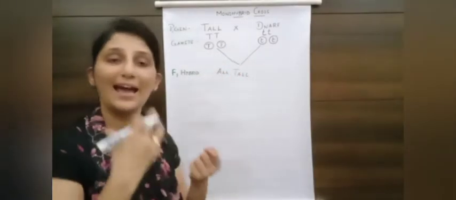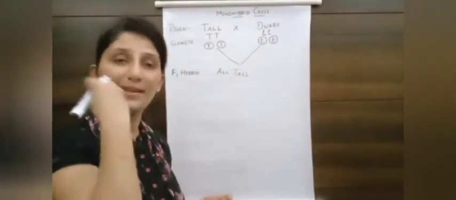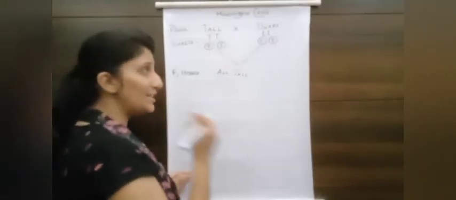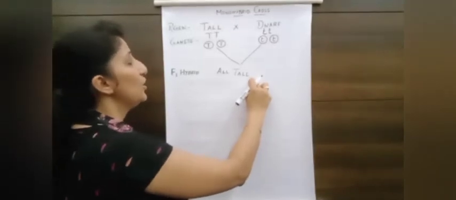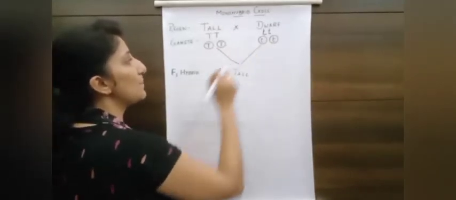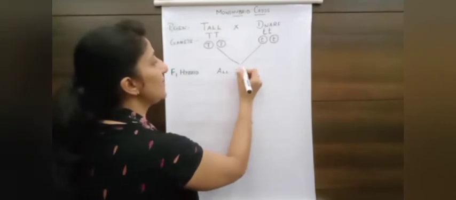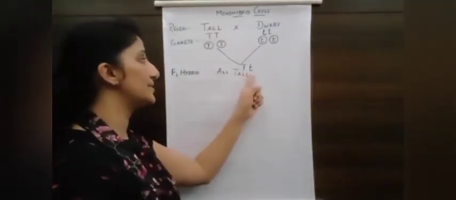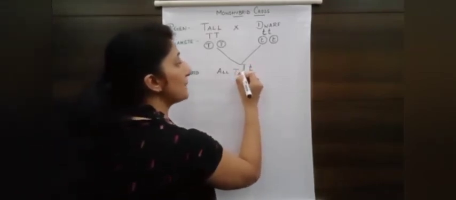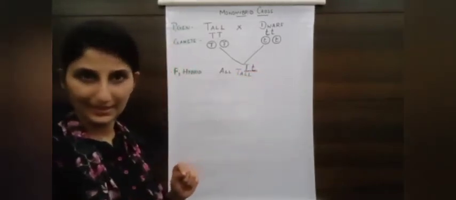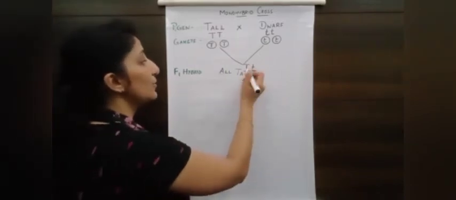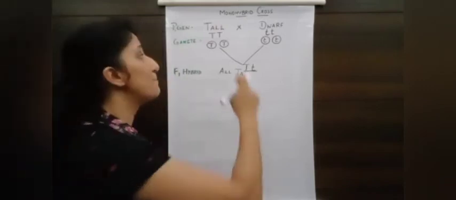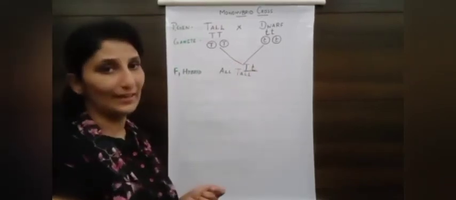Fertilization takes place and the seeds are formed, and the seeds are collected, and Mendel raised these seeds to give rise to the F1 generation, and he found that all the plants were tall. So we can see that when these two combine, it is given as capital T, small t. So the F1 generation is represented by capital T, small t. Is it clear? So capital T stands for tall and small t stands for dwarf. And both the alleles were combined together in the F1.